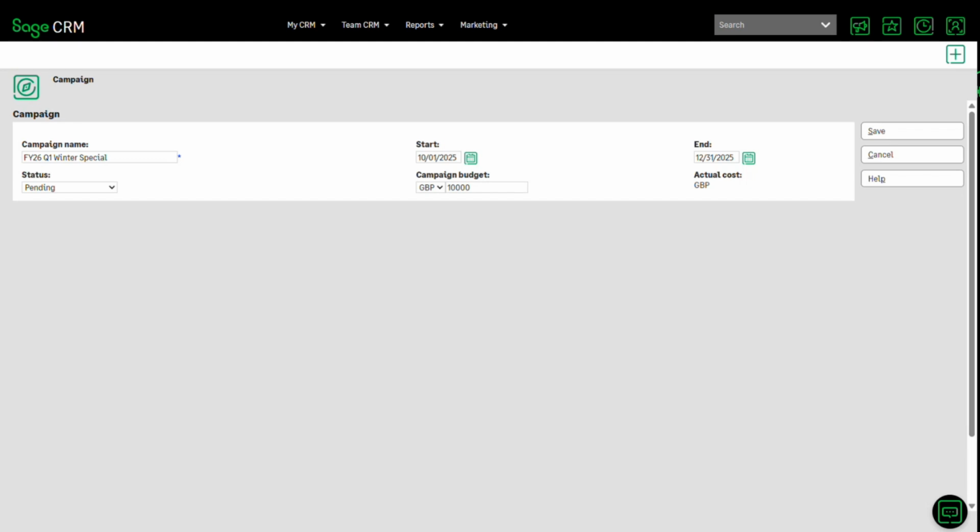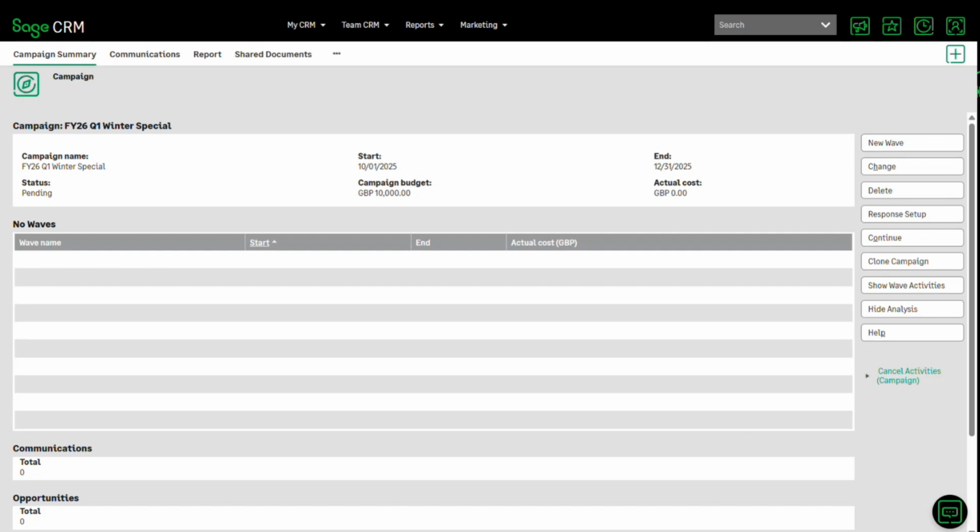And you can see as well that I want this to run from a particular start date to an end date, with the activities then falling within a measurable period. We've met the idea of reporting earlier on with historical reports. We can see effectively how a particular report runs, or how a particular campaign runs. I've also given it a budget, and I've marked it as something that is pending, because there is a workflow that is associated with